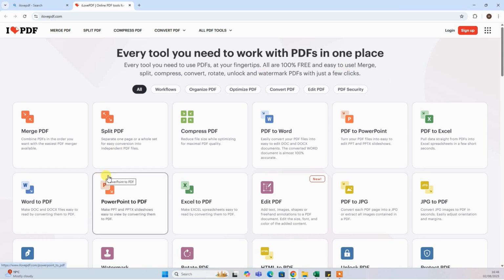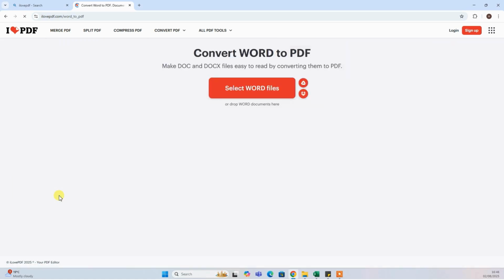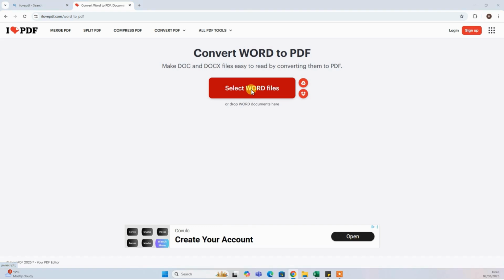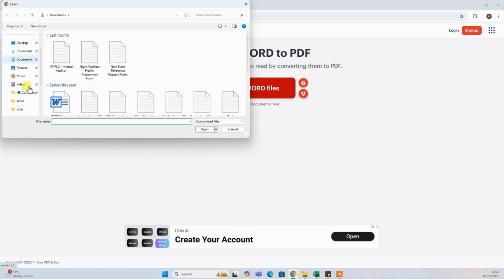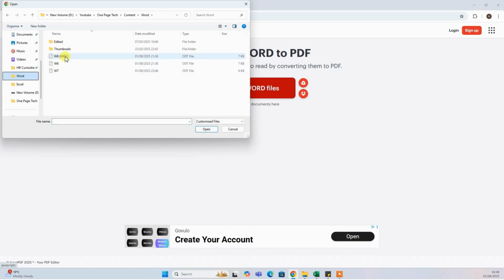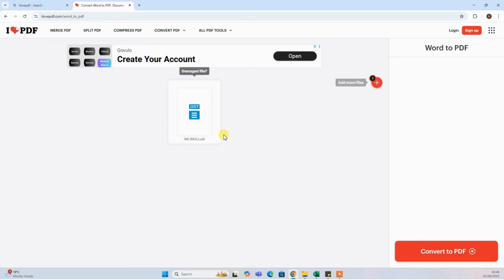So my relevant option is here, Word to PDF, because I want to convert the document from Word to PDF. I will click this one and then I will select the Word file, click this one, and I will select the file location where my file is. So my file is here, this one. I will select the file and press open,